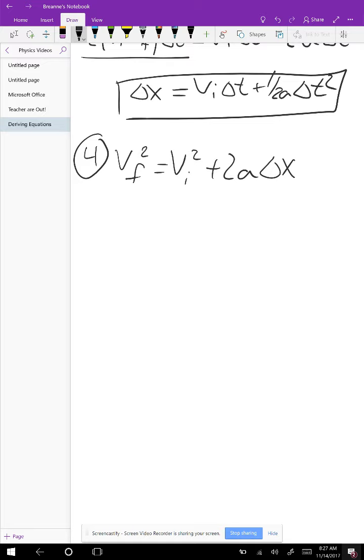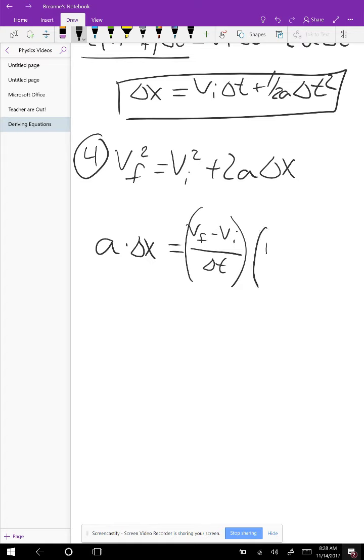So if we have our acceleration times our delta x equals, so our acceleration, remember from our slope equation, is our v final minus v initial over delta t. We're multiplying by the x, we're going to use our second equation, which is our lovely 1/2 v initial plus v final, delta t. Again, it's just manipulating to get things to look a little bit prettier. So you have a delta x is